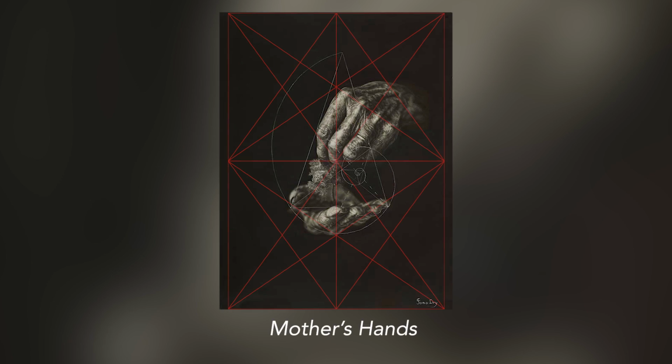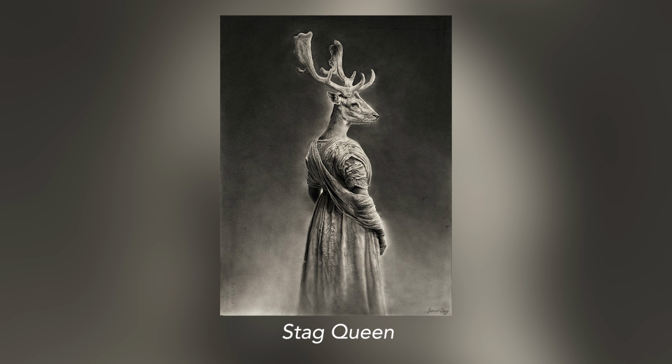so you can see the thinking and how the grid kind of dictated where the subject was positioned on the canvas. So there are some very obvious pieces like Mother's Hands. This actually references the Fibonacci spiral, but also intersects with a lot of the lines for the composition grid. Stag Queen was one of my earlier works, and using one of the diagonals from the top right to the center point, this was a very strong line going straight through the subject's head and the line of sight. Then I wanted to try and contain the horns in the top half, so everything happens there,